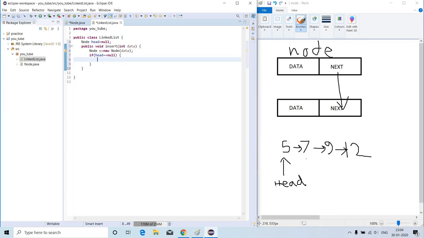So head is null, so this is our first entry, and this is how we do it, right? So we're going to give a value to head. Head will be now n entered variable, else we are going to iterate through our linked list. How to iterate through the linked list? We are going to create a temporary node type variable, say node temp equals head, and we are going to initialize it with head, while